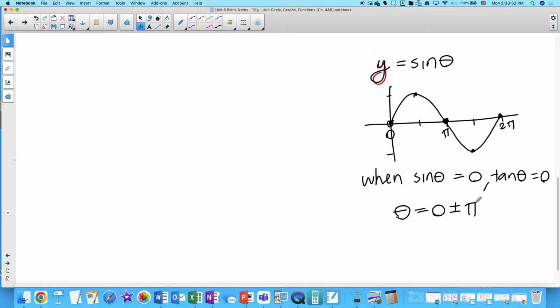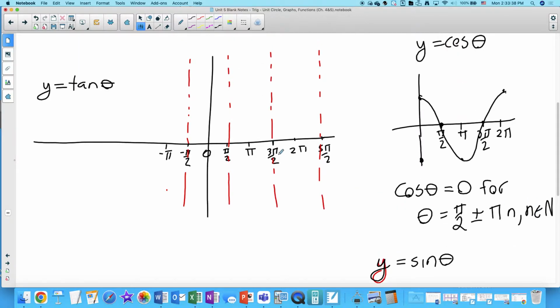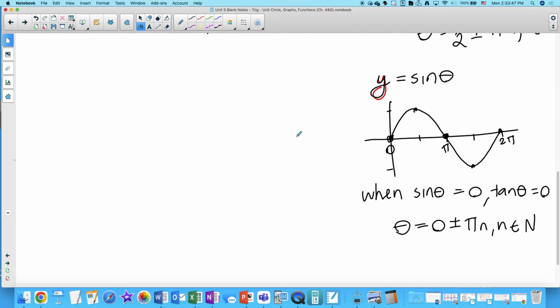Okay, so in terms of my tan function, what does that tell me? All of these points are going to be 0. Sorry, I scrolled up too fast. Okay. And then there's a couple of other key points that I want us to think about,